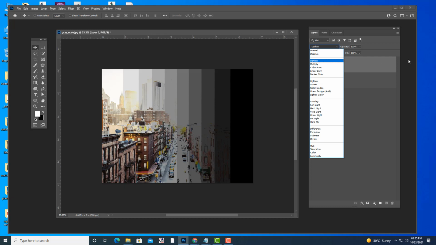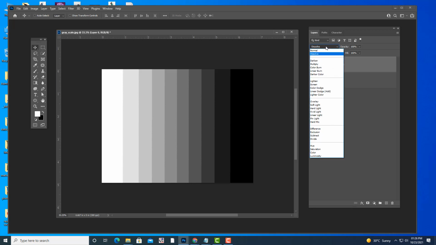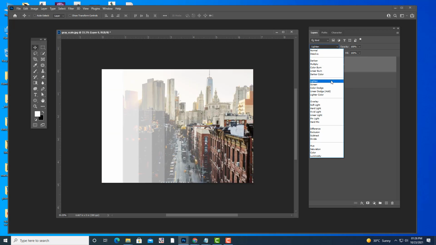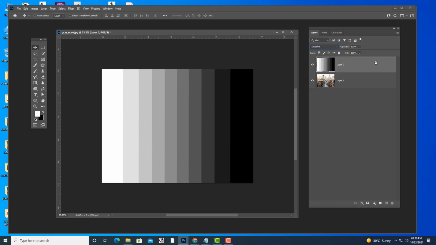What this section will do is remove the light colors from the active layer. All the light colors means wherever white and colors close to white are, so it will remove them. The next section is the lighten section. It is like an opposite of darken. It will remove all the dark colors, black or colors close to black.